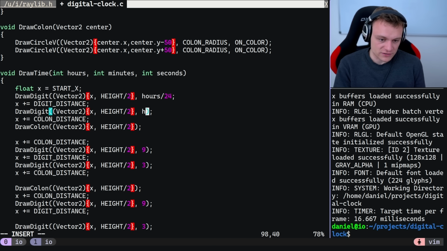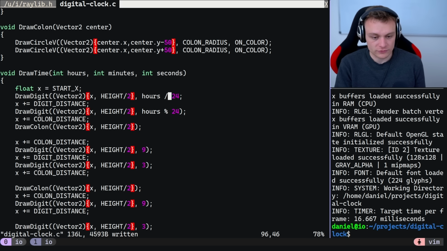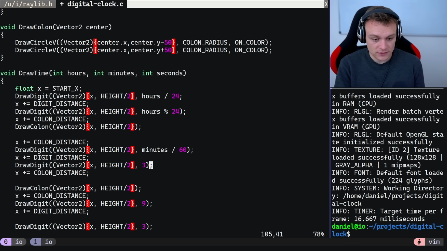Well, the value after the digit is probably hours modulo 24, and the value before the digit is probably hours divided by 24. So this is the factor, this is the remainder. I'm just guessing. Then same for minutes, divided by 60, and then minutes